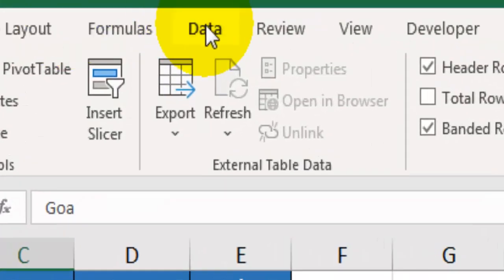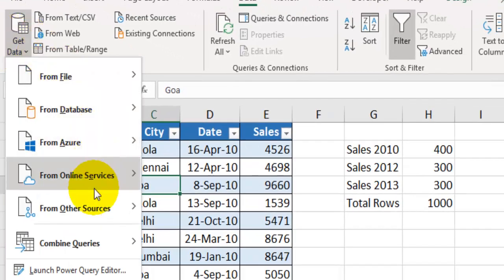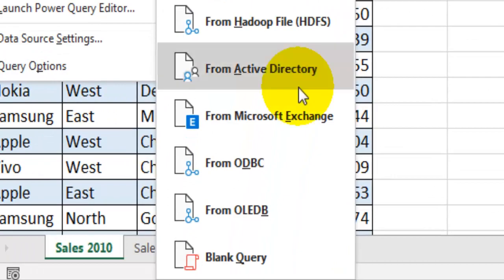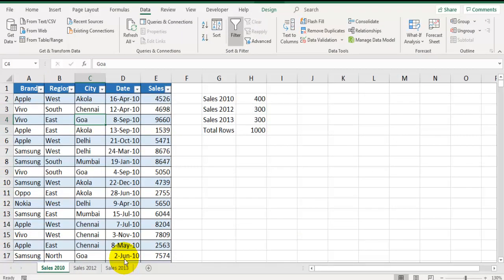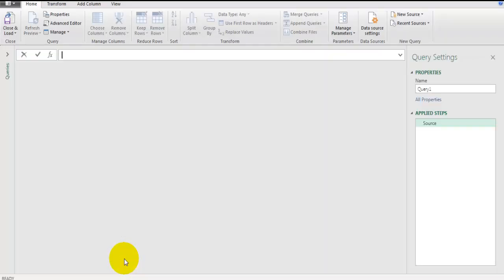Let's go to the data tab, click on the get data option, and here let's select from other sources and pick blank query. This will open a standalone Power Query editor window where we can perform transformations on our dataset. Before I start consolidating data, let me tell you that there will be a small recursion issue occurring in this consolidation process. So I'm going to tell you how to handle that issue at the end of this video. So watch this video till the end and do not skip it.